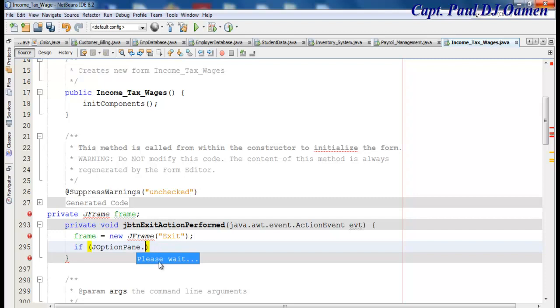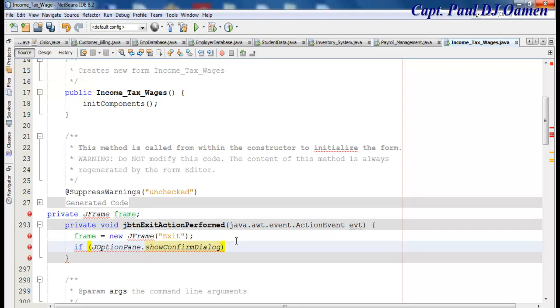It's a little bit slow. Okay, let's just type it. Dot showConfirmDialog. There. So if it does show confirm dialog,